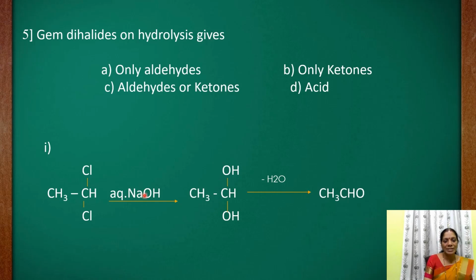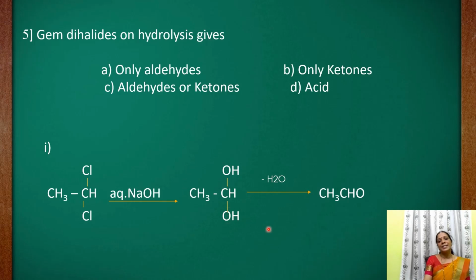It is nucleophilic substitution only, in which the nucleophile is OH minus. During the reaction, the bond undergoes cleavage. Cl will be eliminated in the form of Cl minus, heterolytic cleavage. Here also the bond between the carbon and Cl undergoes cleavage, and Cl will be eliminated in the form of Cl minus. That means during the reaction, the positively charged carbon will be attacked by what? The nucleophile OH minus. Both the Cl are eliminated in the form of Cl minus. Hence, during the attack by the nucleophile, the first product formed will be this one. Just see, this is the first product.